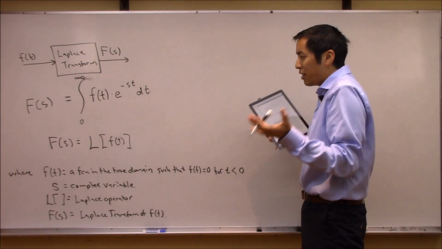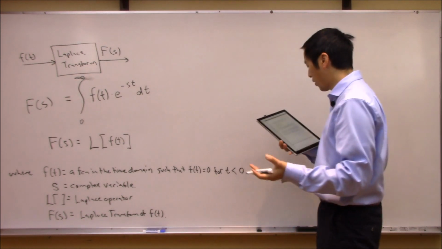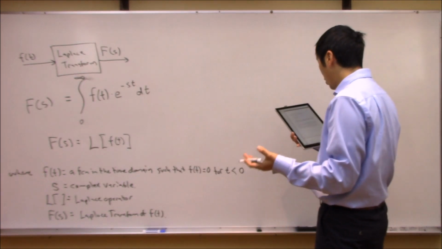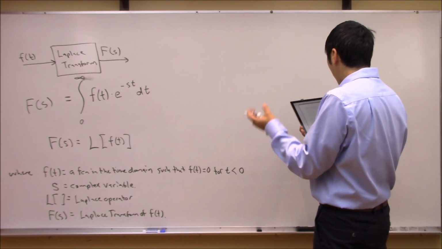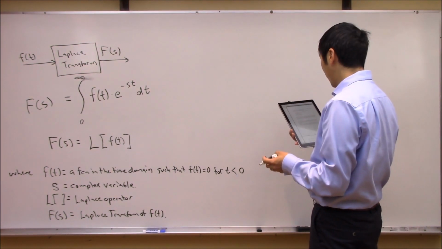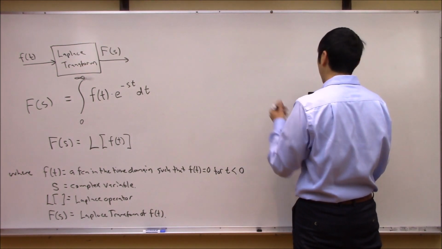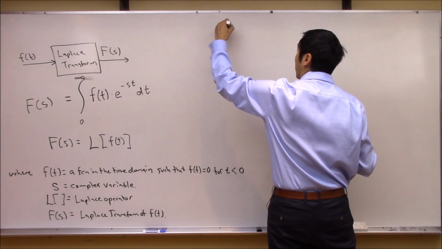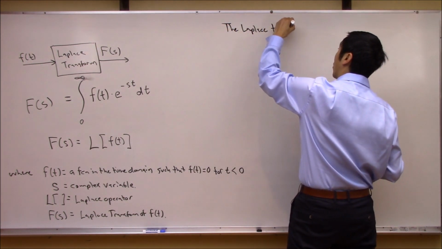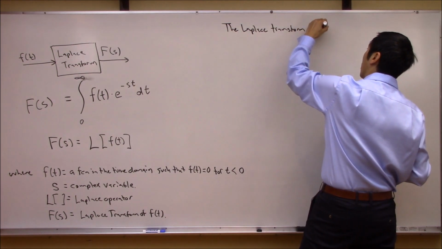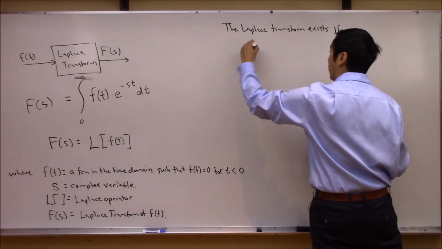Now, you see integrals and you might ask yourselves, well, is that integral always going to converge? That's probably one of the things you probably want to know about. You might wonder, are there conditions that need to be satisfied in order for the Laplace transform to exist? So in general, one of the things that you can check for here is that we can say that the Laplace transform exists if a couple of things happen. So if f of t